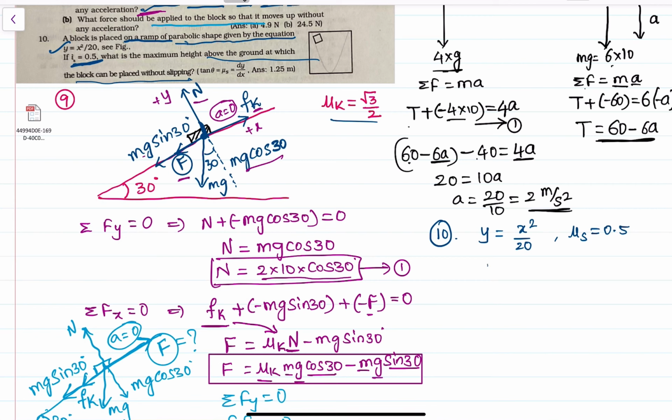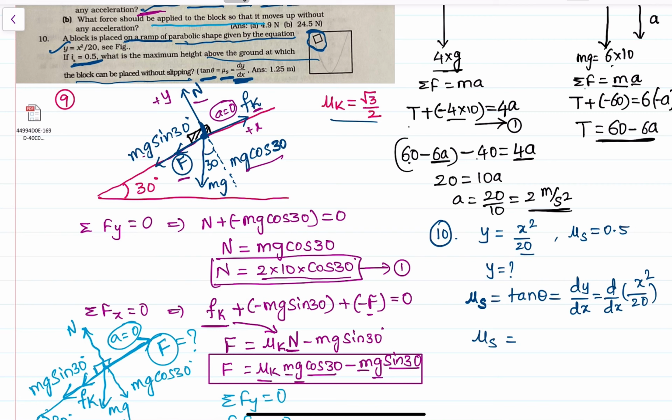So we should find the y value. At what point above the ground can the block be placed without slipping? He has given a hint: tan theta is equal to mu s equal to dy by dx. So I am finding mu s. Mu s is nothing but tan theta, and tan theta is nothing but the slope. Slope is change in y by change in x, dy by dx. That is d by dx of y, where y is given as x square by 20. Therefore, mu s is equal to